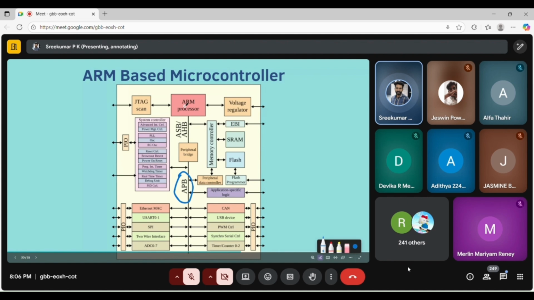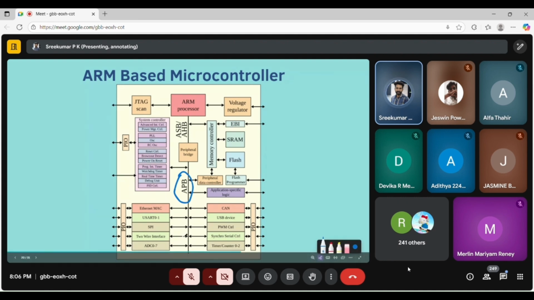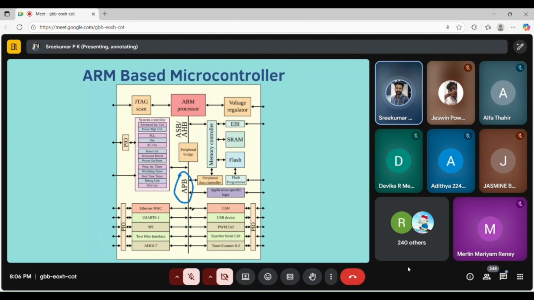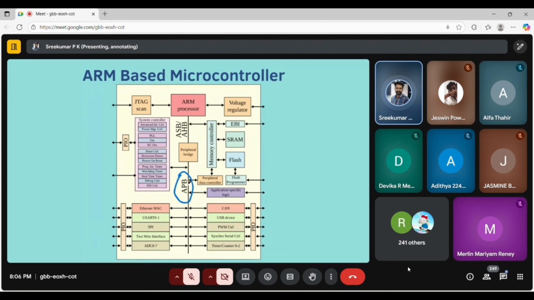The ARM processor has its own dedicated AHB and APB bus availability. The APB bus is used to connect peripherals, such as SPI, UART, CAN, and the audio I told you about. Every peripheral is connected on this APB bus, which works at a lower speed.